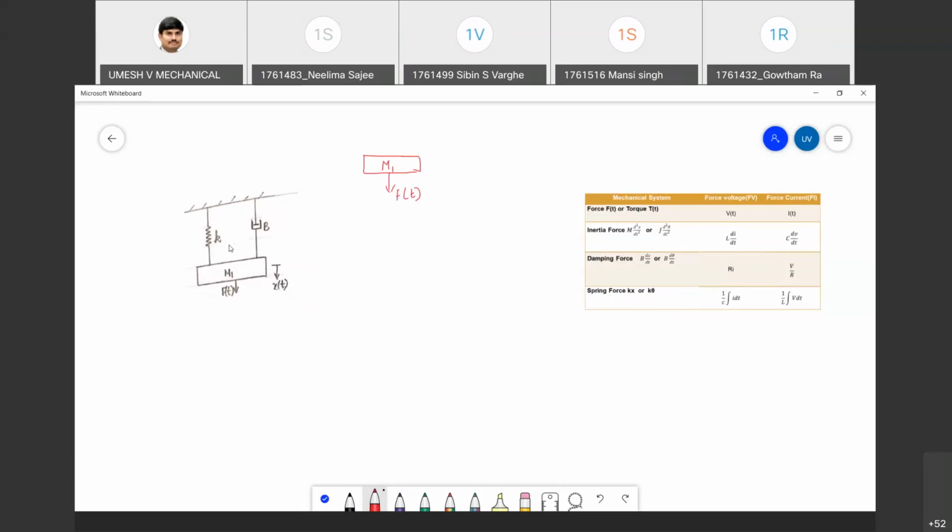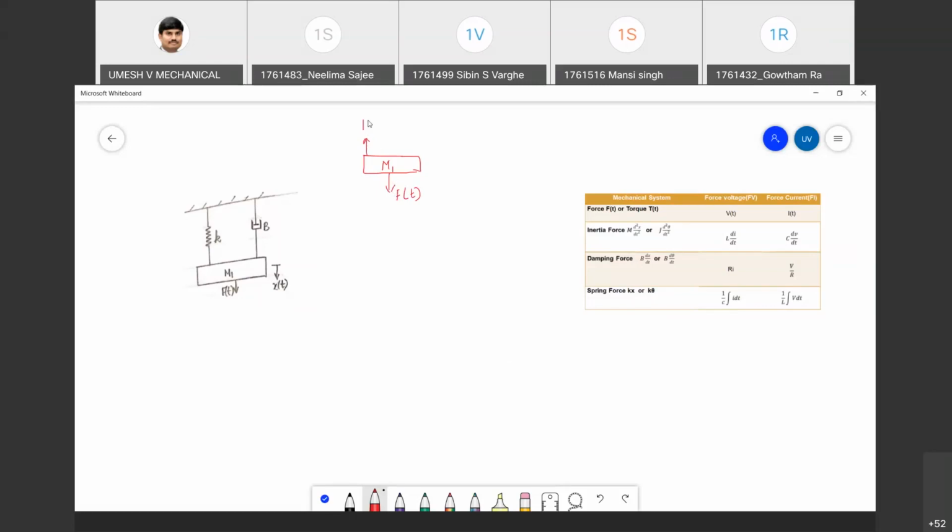No, ma'am, I'm talking about the mechanical differential equation. So what is the spring differential equation? Kx. Very good. f of t is acting in the downward direction. So for every problem, the external force may be acting either upward or downward. The remaining forces will be opposite to that. Now the force is acting in the downward direction and the spring force will always be opposite to the applied force.